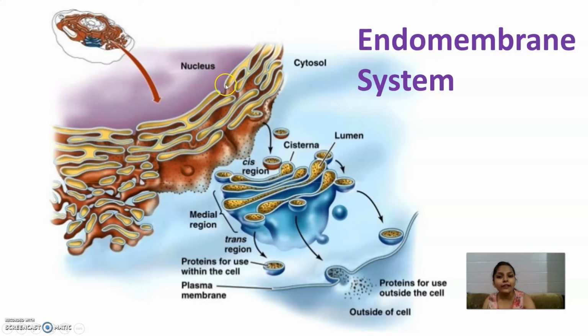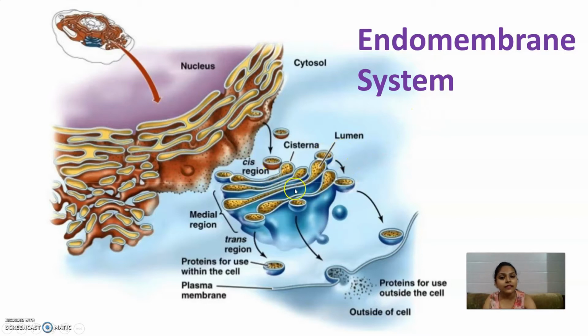This is the nuclear envelope, and you can say this is the nuclear membrane, and these are the nucleoporins. After that, attached to this nuclear membrane is the endoplasmic reticulum. The endoplasmic reticulum is mainly of two types: the rough ER and the smooth ER. The rough ER has the ribosomes attached to its surface. After that, the Golgi apparatus. Golgi apparatus has two phases: cis phase and trans phase. The cis phase is the one which is facing towards the nucleus, and the trans phase is the one which is facing outside of the cell.